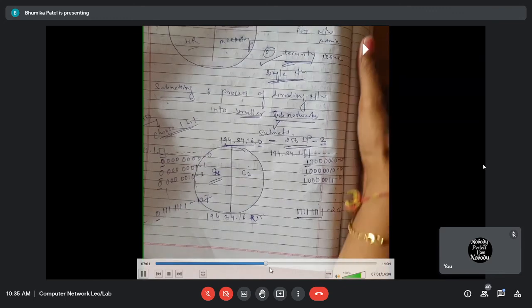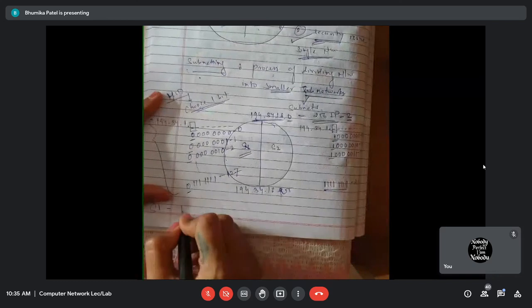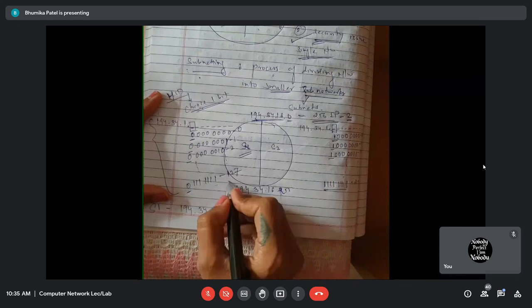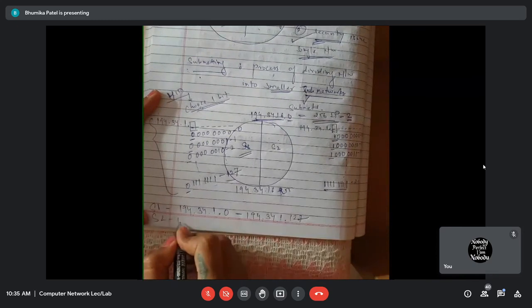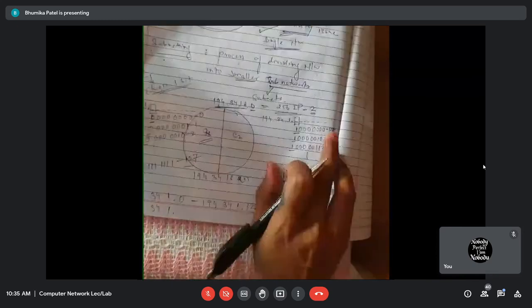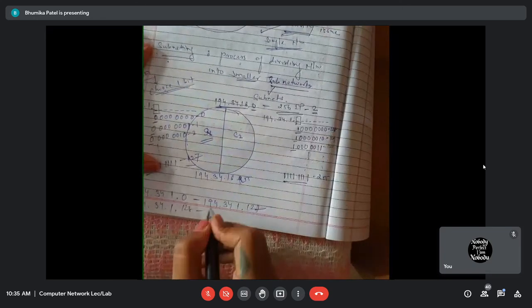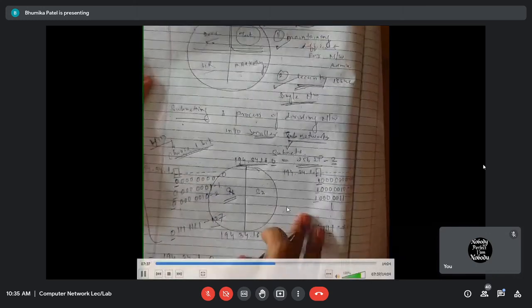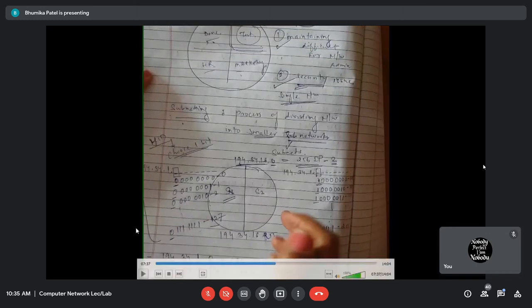Okay. So here, subnet 1, the range is simply written: 194.34.1.0 to 194.34.1.127. For subnet 2, 128 and last is 255. Now my question is here, as I said, if I have not divided my network into subparts, if I have not done subnetting, then out of 256, I cannot assign two IP addresses. That is, the first IP address and the last IP address. Okay, so the first IP address is your network address and the last IP address, that is the 255 one, that is the